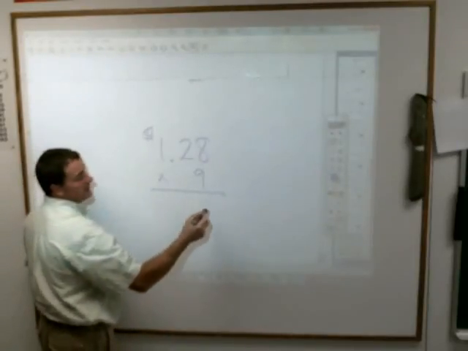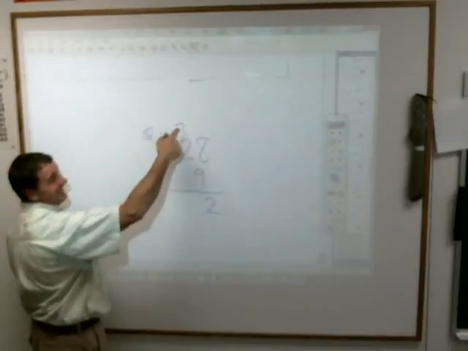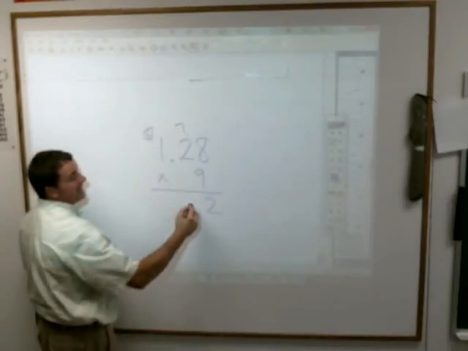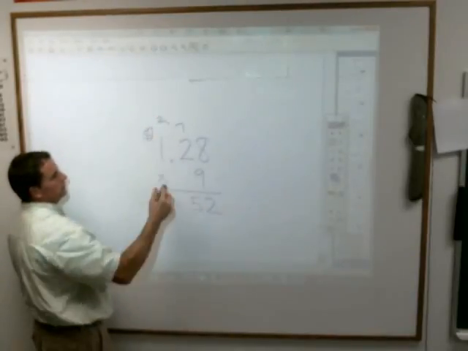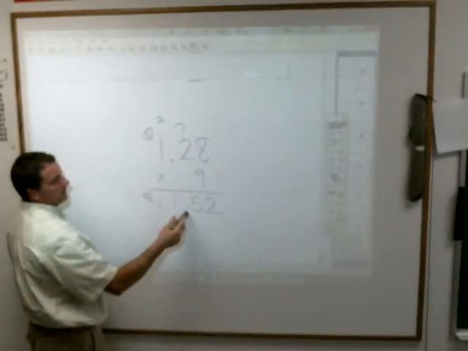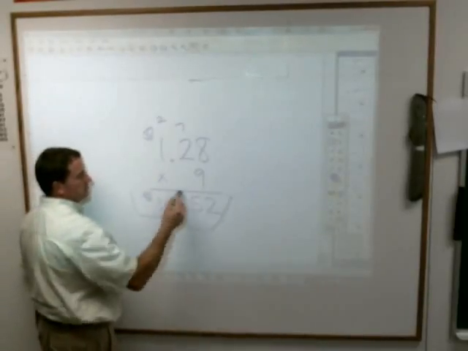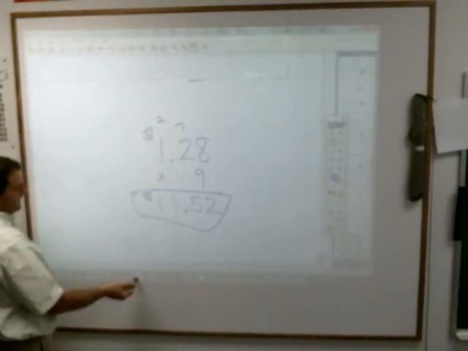Let's check. 9 times 8 is 72, so it does end with a 2. 9 times 2 is 18. 18 plus 7 is 25. Carry the 2. 9 times 1 plus 2 is 11. Yes! Make sure that you put the dollars and the decimal point in there. And if you're getting them wrong because of multiplication,